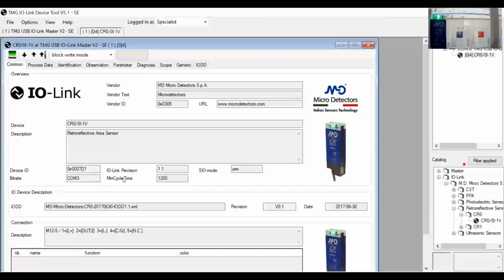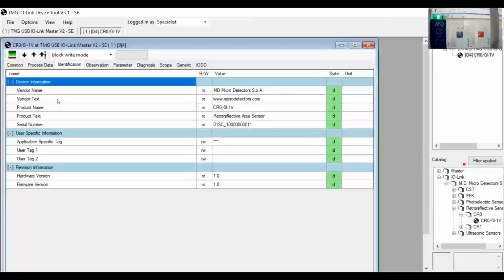The first is the IO-Link revision 1.1 and the bit rate, COM3. That means that the baud rate is 230.4 kilobaud. So when you use a master connected to CR0 and CR1, you have to be sure that your master is able to work in this condition. To complete the identification file, we have the identification sheet where you can find more information regarding